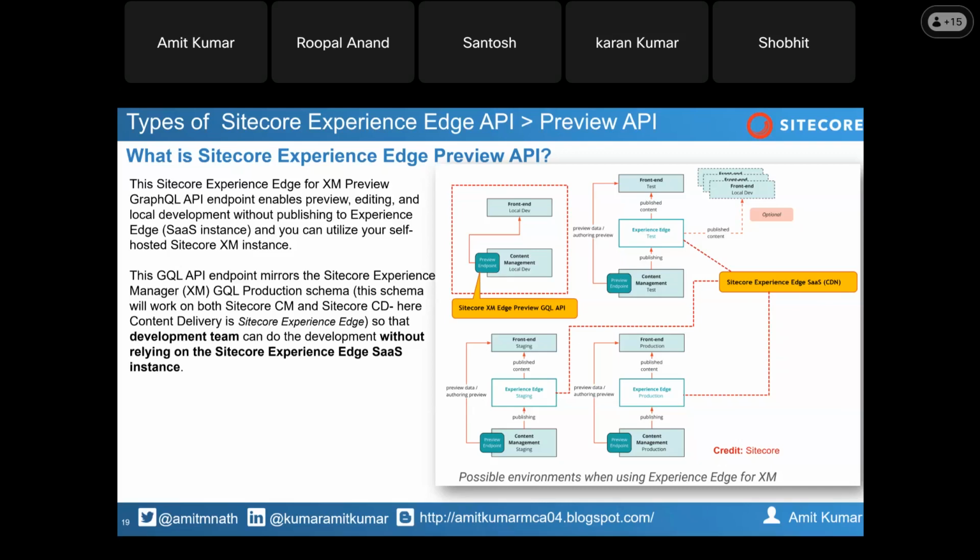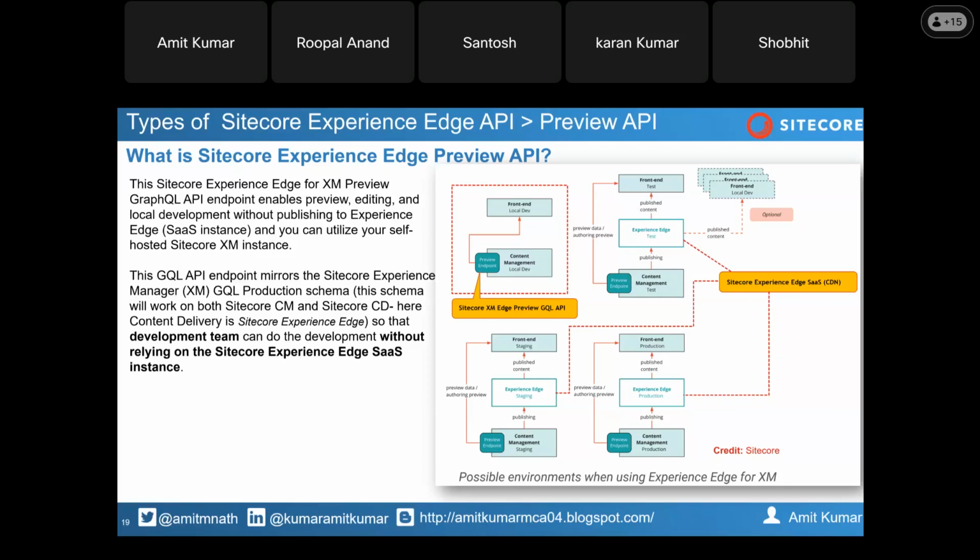Same way, it will be installed on your CM and you will be using the GraphQL endpoints in the form of a preview and you will be getting data. But while you are moving to the dev, integration or UAT environment, you will be having different sandboxes, and within that different environments with respect to your environment, right? And you will be using that in your front end application to preview the data, or if you are having a preview environment separately and you wanted to see that before moving to the production,